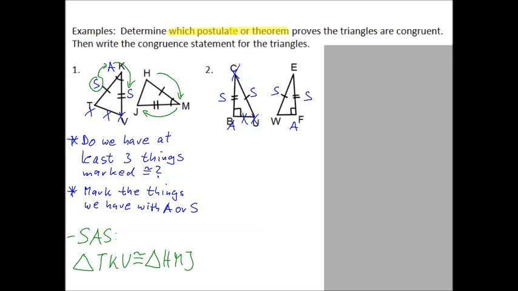So let's start here. We cannot go from the S directly to the A because there are 2 X's. We have to go to the other S and then to the A. So that would be S, S, A. But wait a minute, we said we can't use SSA, right? That's true. However, we have a right angle here, and therefore we can use our HL congruence postulate,